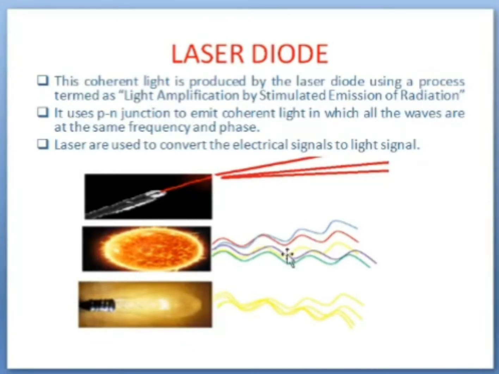Spectrum in the sense white light will be split into the visible light of the category VIBGYOR, isn't it? So I need not explain much about this because you know these basics from the previous classes. So VIBGYOR means violet, indigo, blue, green, all these are coming from the sun. And then normal incandescent bulbs, you know that only one particular color will be emitted.